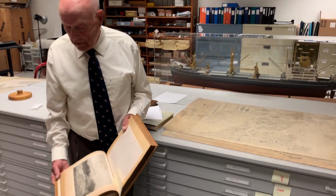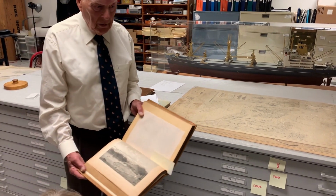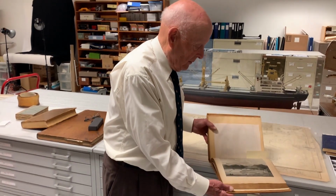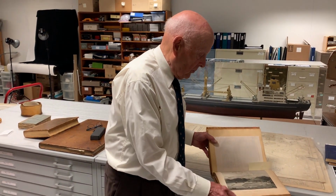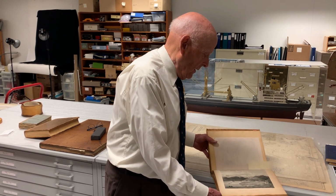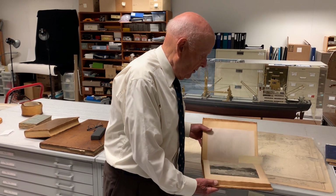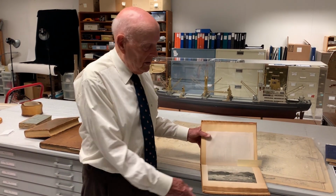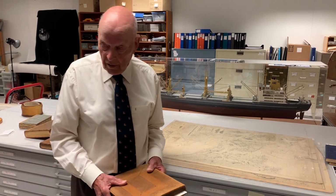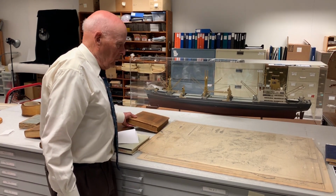Now, at Observation Inlet they set up an observatory to locate the position exactly, and that's also where they sent a lot of their small boat expeditions from. Where is Observation Inlet? It's northeast of Prince Rupert. It's where in modern times there was a settlement of Anyox, where there was a big